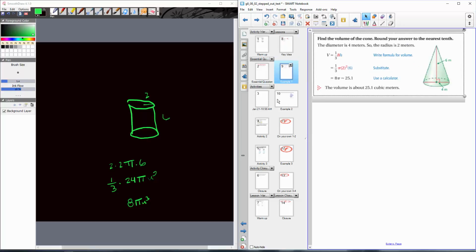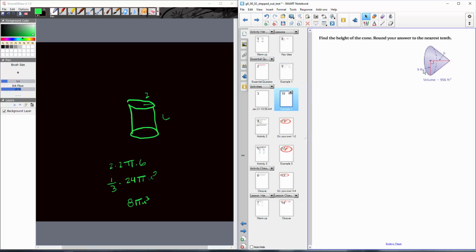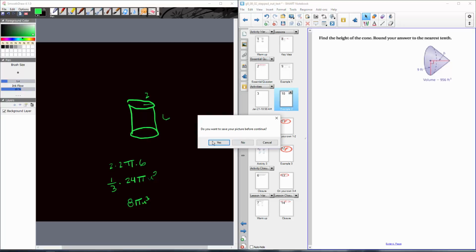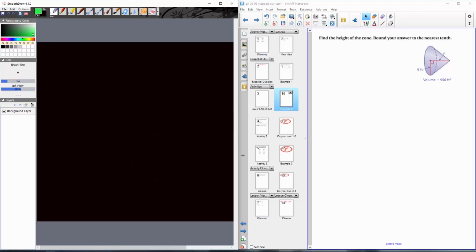We did this one already. This is the exact same thing. All it is, is my triangle is turned on its side, or my cone is turned on its side. But let's try solving this because now I have the volume. So I know that I have 9 squared times pi times height. I have all that times 1/3, right? And then that all equals